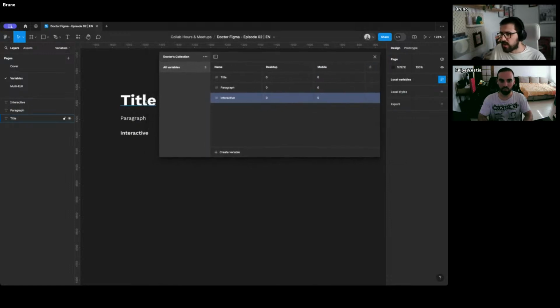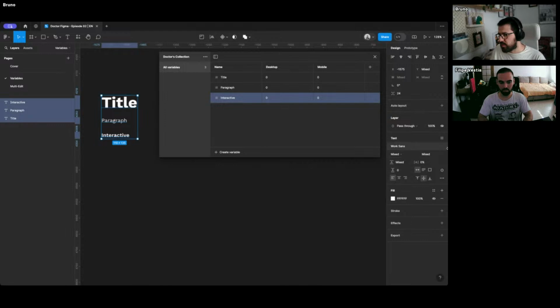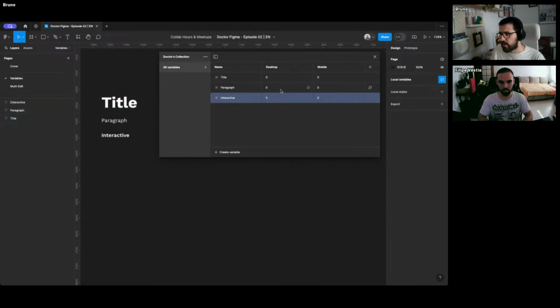And what we're going to do now is, based on the styles that we were building, we're just going to start getting some information. So I know that my fonts for both paragraph and interactive are 16 points, and for my desktop are 48. Let's say that on mobile, I want everything to be a little bit smaller while keeping some of them the same. So I'm going to keep my interactive at 16 because buttons still need to be relevant. I'm going to reduce slightly my font on the paragraph so I can cram a little bit more text. And then I'm going to also reduce my title fonts to 32 because I know that I want to keep